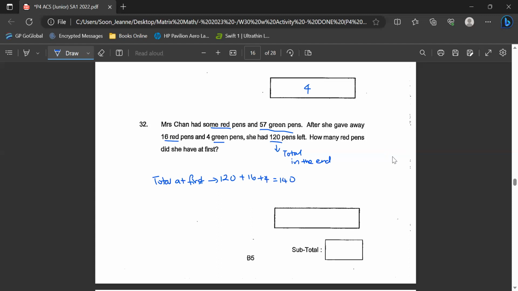This 140 will be the number of red plus green at first. So if you read your question, you know that there are 57 green pens. Mrs. Chan got 57 green. But what about the red? You know the total is 140 at first. So I just take 140, subtract away the number of green pens. You work it out, your answer will be 83. So the answer is 83 red pens. Okay. Question number 36,